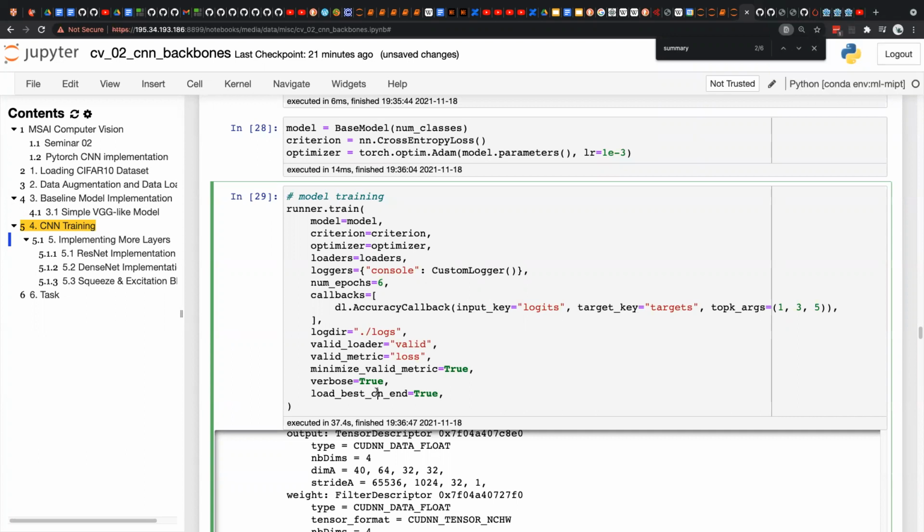Okay, and in each step we update the weights of our model, store them somewhere and compute accuracy with these weights, on every epoch.